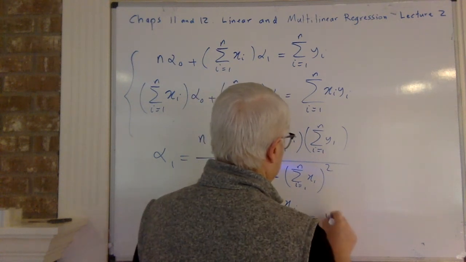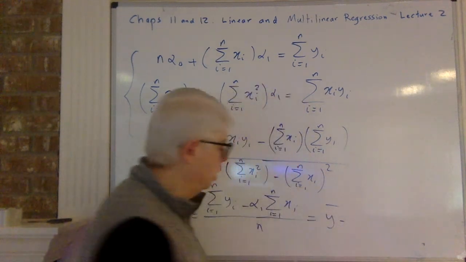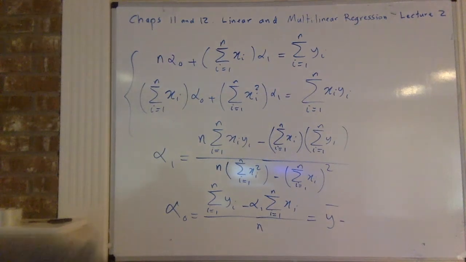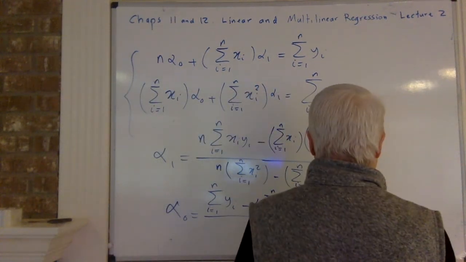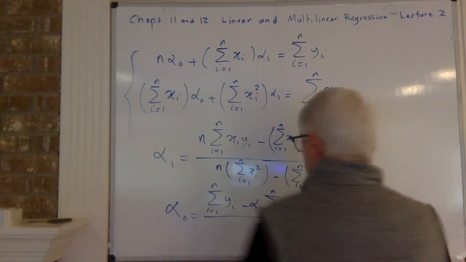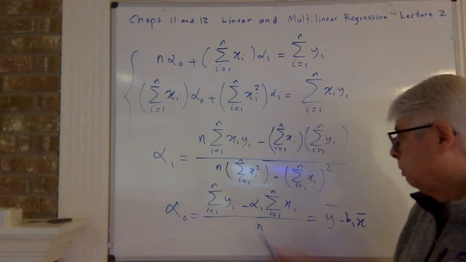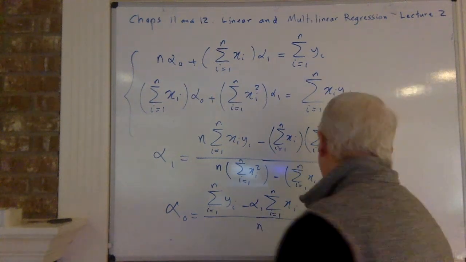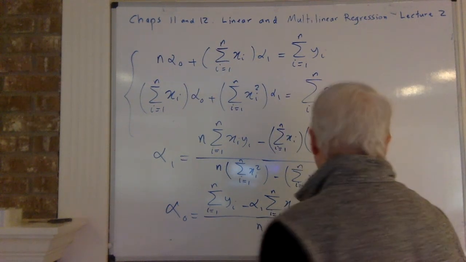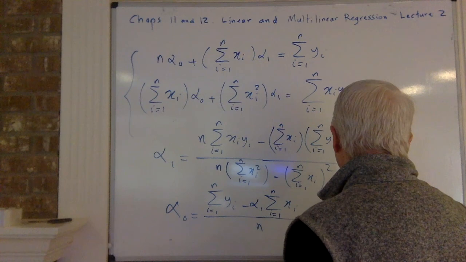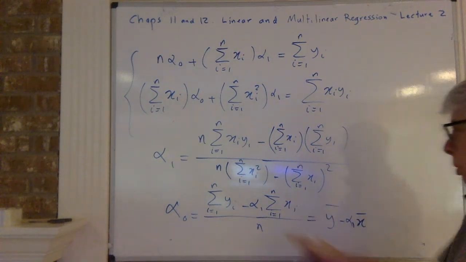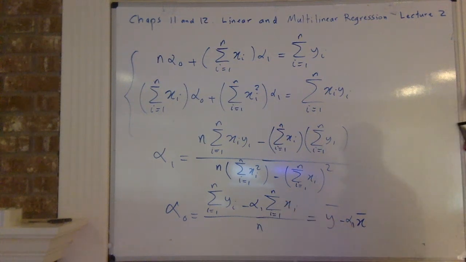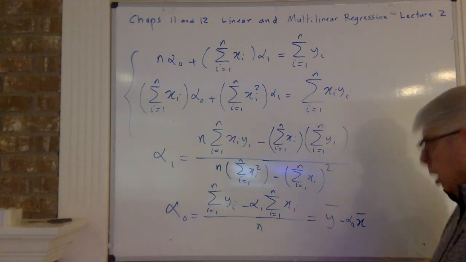So that is y bar minus, if you plug in alpha 1. Oh, it's alpha 1, that's not one. See, this is y bar, this is x bar. Okay, now,